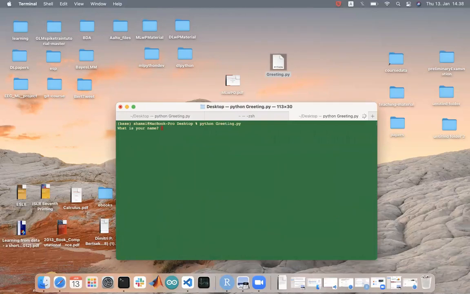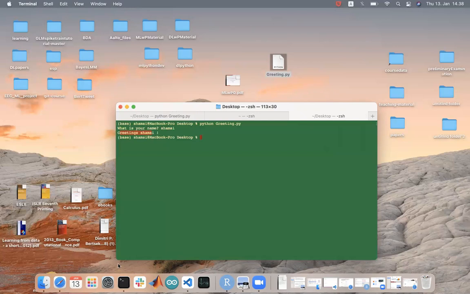As you see, just running this line will initiate the code in the text file. I will write my name here, and here is the output. So that's how you run your py files from the terminal.